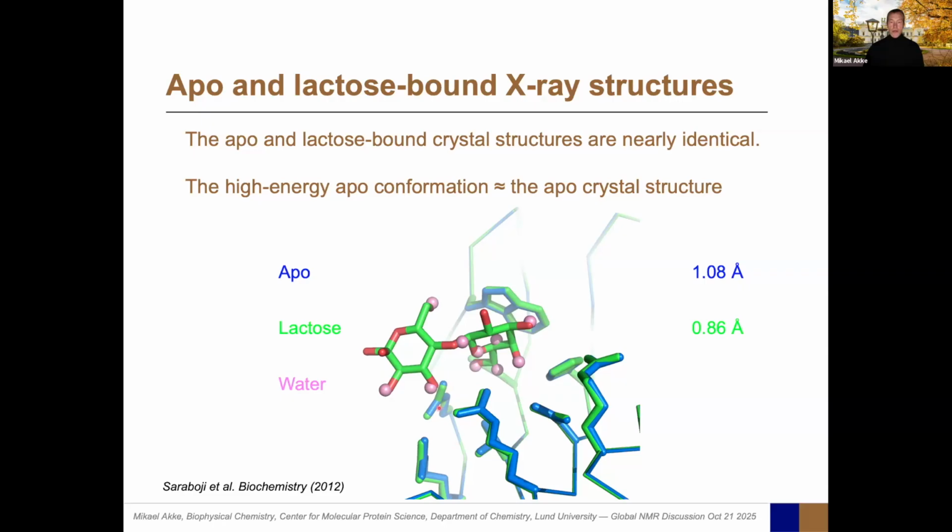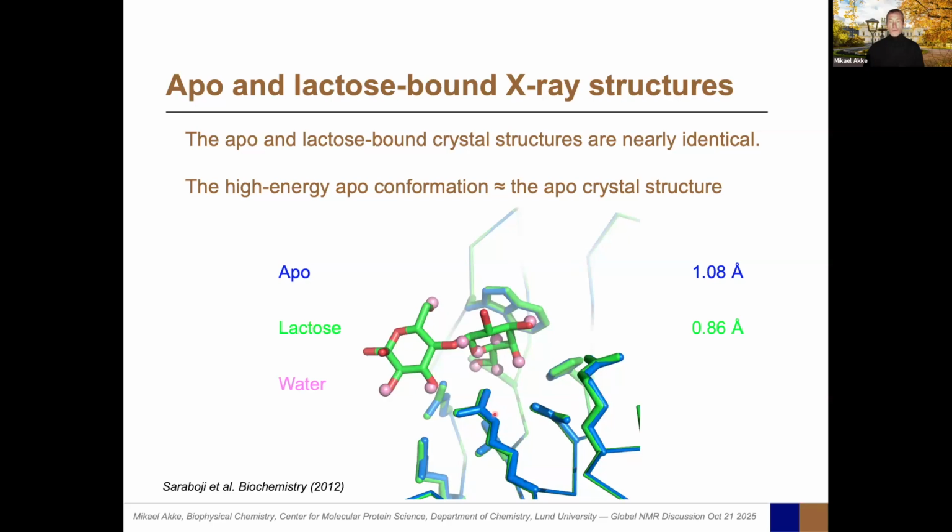You see blue and red. The structures are exactly the same. And then in green and red here is the lactose that is bound in the green lactose bound state to the protein. And the pink spheres correspond to water molecules, oxygens in water molecules that are present in the apo